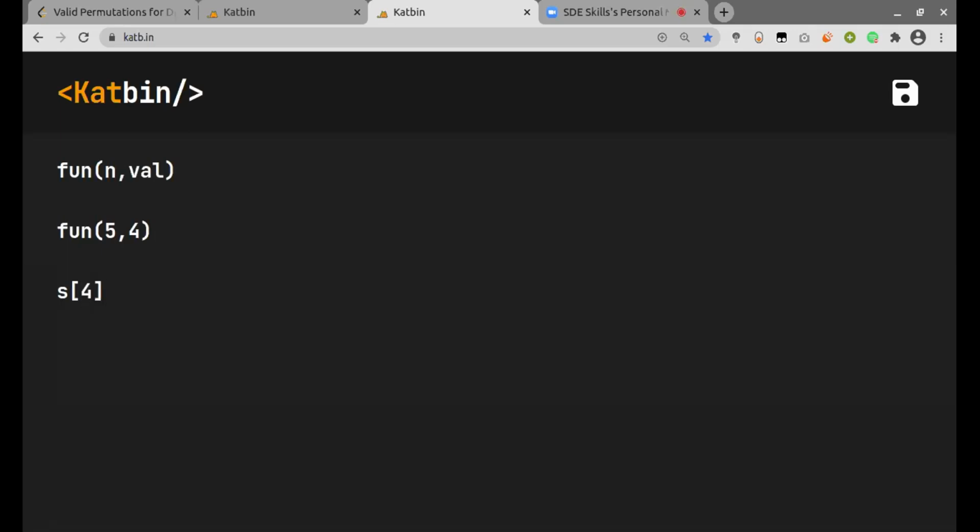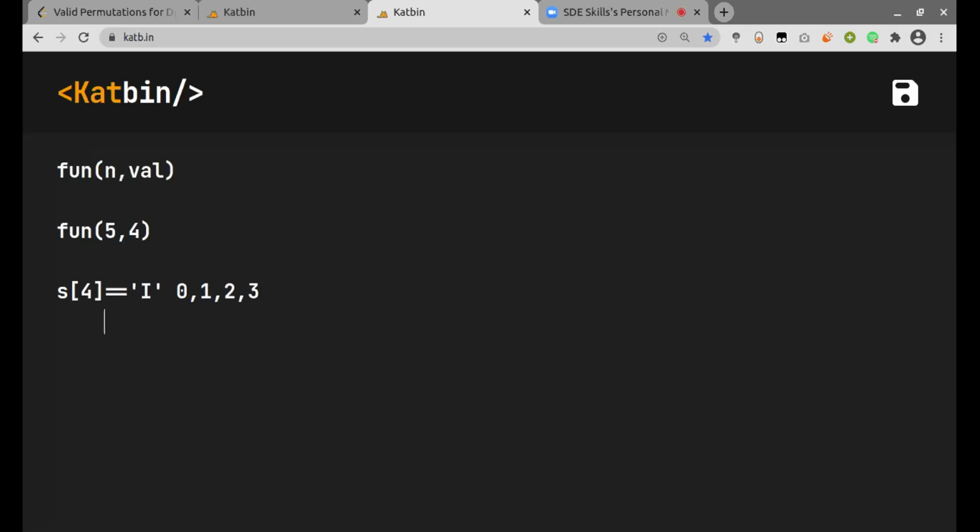Let's suppose. So now, if the character at index 5 is I, which is increasing, this means that all the numbers adjacent left to 4 have to be less than 4, which means that we can take all these numbers 0, 1, 2, and 3.